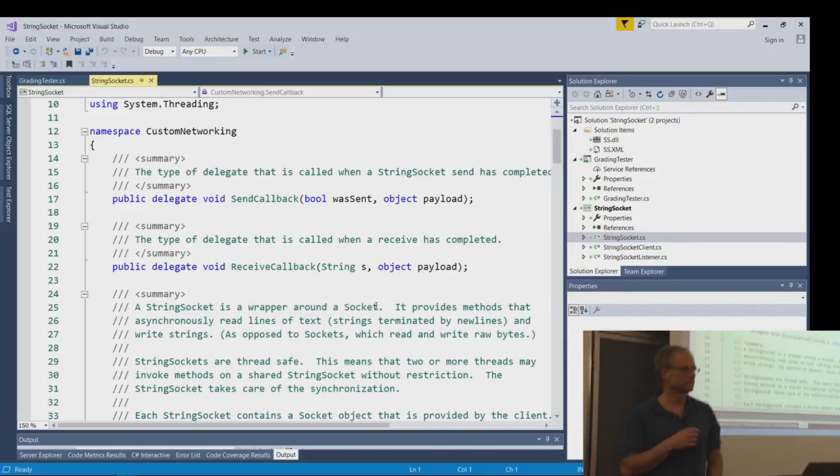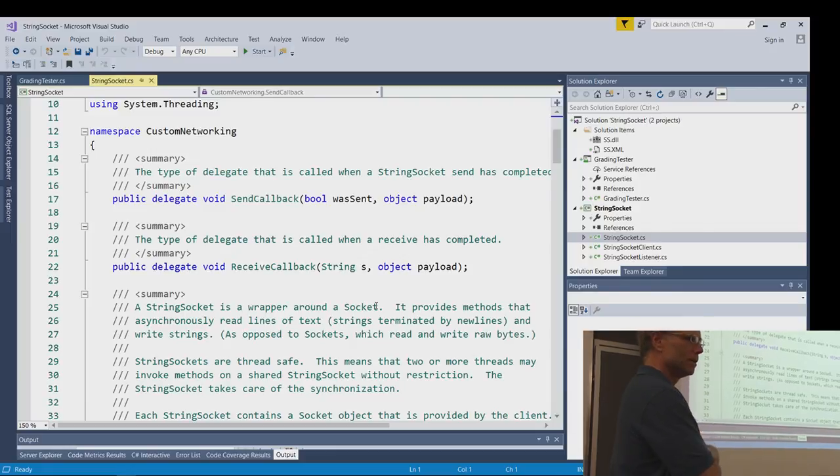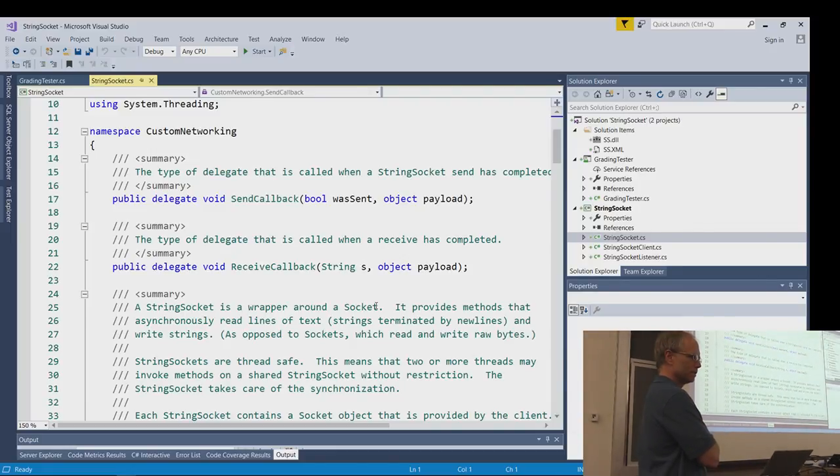Don't mean to look a gift horse in the mouth, but you're giving us a grading suite. We haven't even created tests or anything. Is that because this is going to be that hard that we need the tests to even be able to do it? Well, in the past, I have